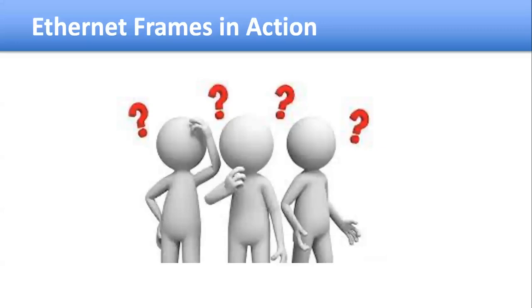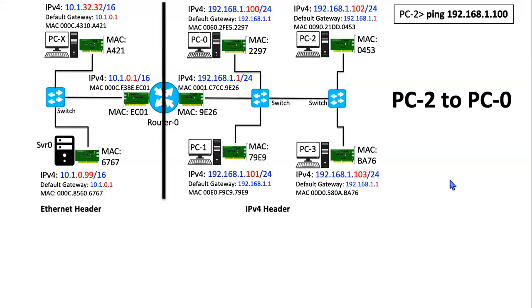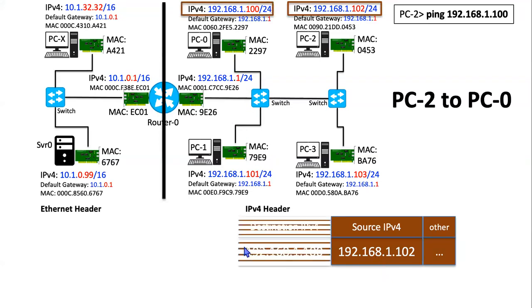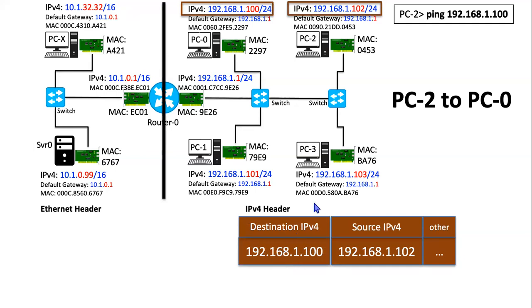All right, so you may be thinking, I'm not sure how all this works, Rick. Let's take a look at how this all works in action. All right, let's go from PC2 here to PC0. Now PC2 knows its own IPv4 address. So we're going to build the packet here. It knows the destination IPv4 address of PC0,